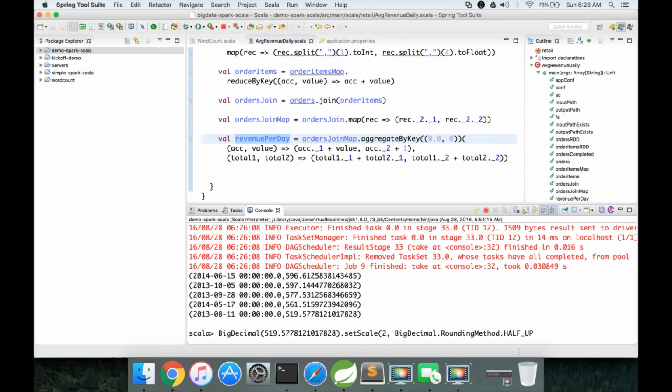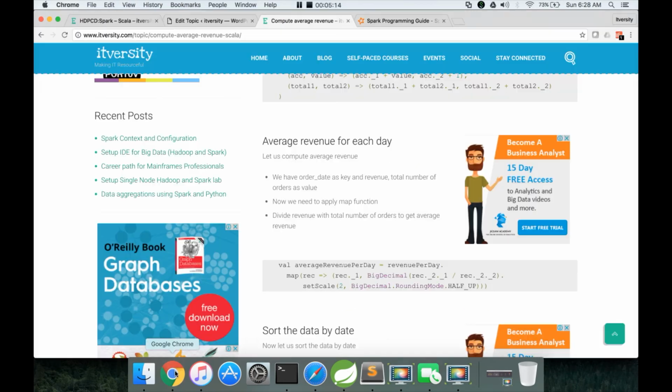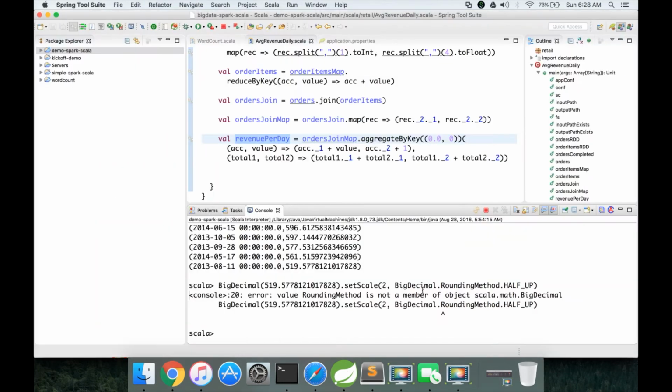If you want to do rounding like that, you have to use this one and then hit enter. Let me see the class name. Actually, it is rounding mode, not rounding method. RoundingMode dot HALF_UP.